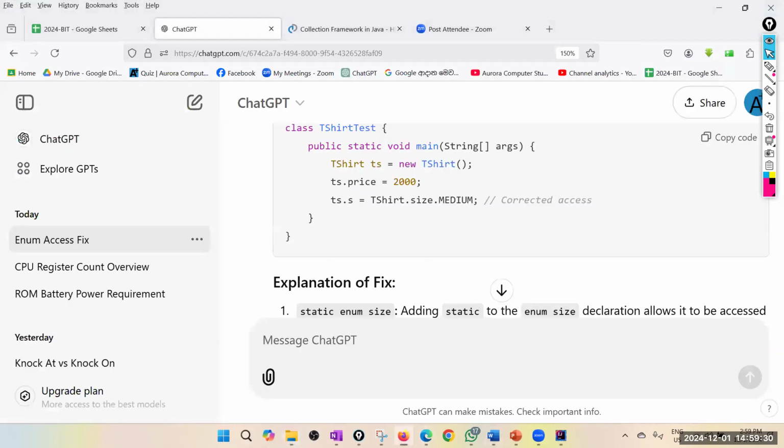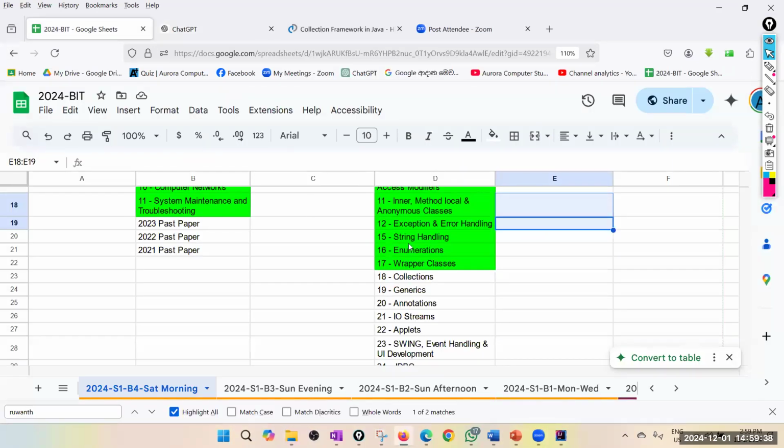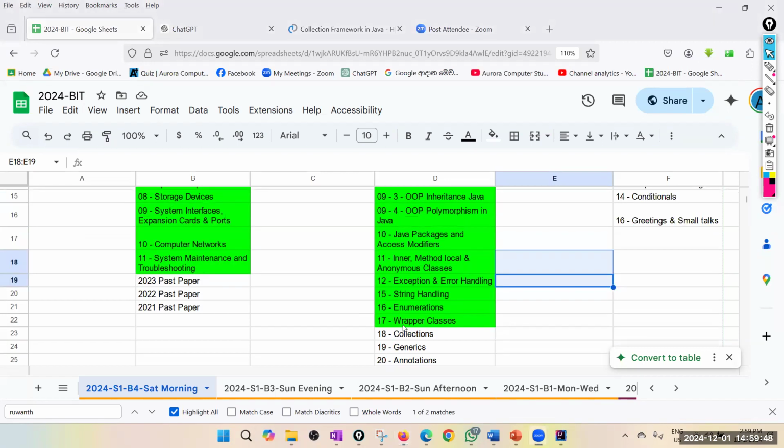There are some advanced concepts like having constructors in enumerations and so on. I just did not add those. Actually, those were there in your note. I just removed them because if you learn too many things, sometimes you feel like it is too much, the syllabus is too big. Therefore, I added only the minimum essential. Okay. Right. So our next topic is